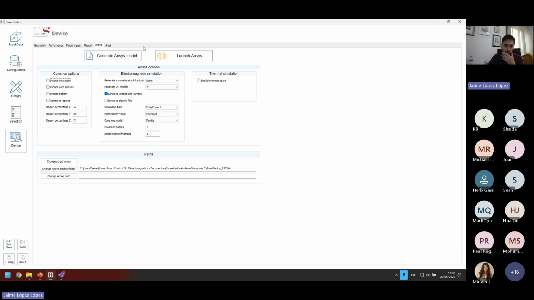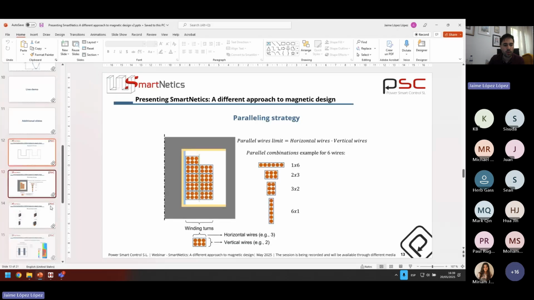In the case of ANSYS, we can run electromagnetic or thermal simulations, electromagnetic using ANSYS Maxwell, and thermal simulations using ANSYS IcePack. And you can configure the simulation in here without even going to ANSYS or without even knowing how to use ANSYS. For example, instead of voltage and current, we're going to simulate temperature. We can run a simulation without using 2 dimensions, but using some geometry simplifications. I'm going to show that in a moment.